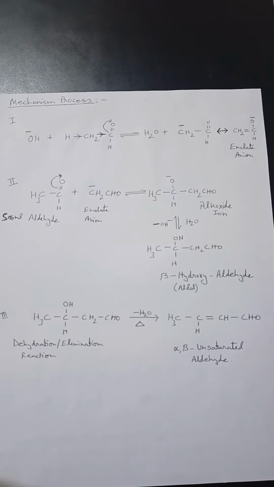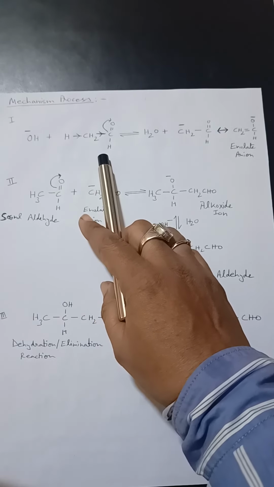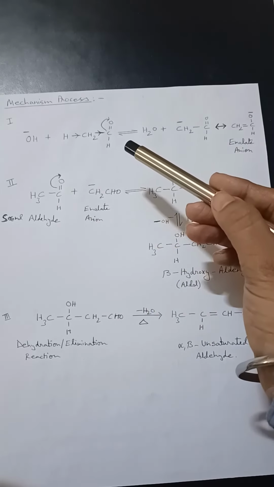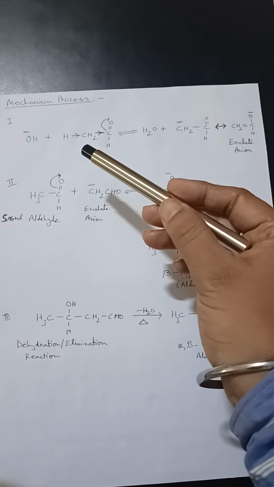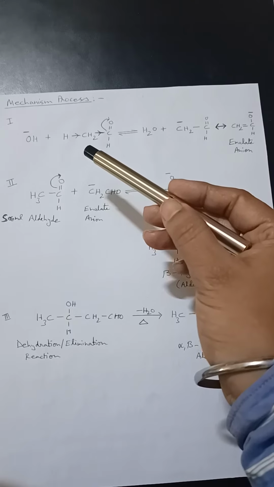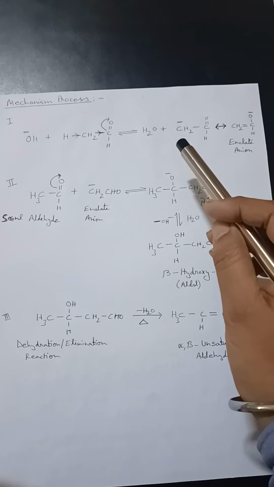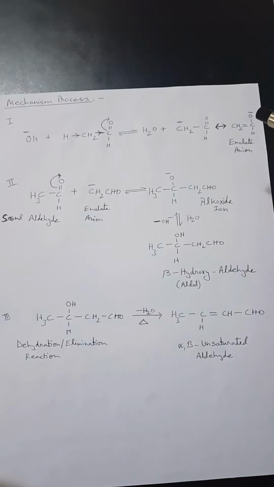If you see here, the mechanism involves the movement of electrons. So the most important thing is how you obtain the movement. Here the double bond O, which is more electronegative, pulls the electron from carbon, and in return this carbon pulls the electron from the other carbon placed right next to it. So it forms CH2 minus, that means the carbon is giving its electron, and ultimately the oxygen of the double bond takes the electron, forming the enolate